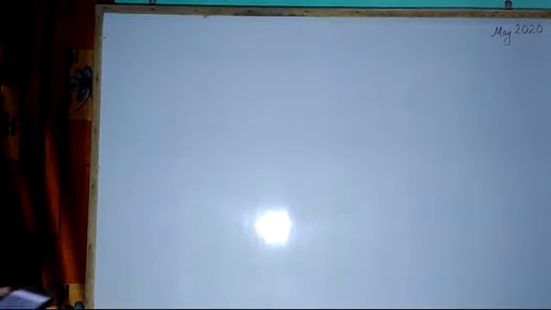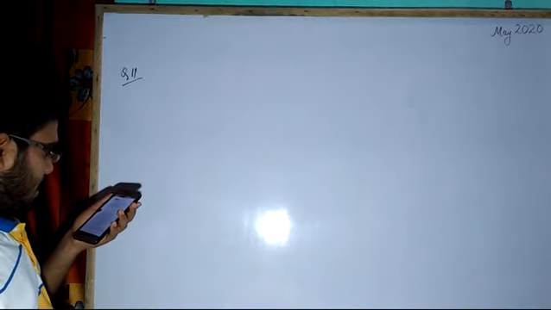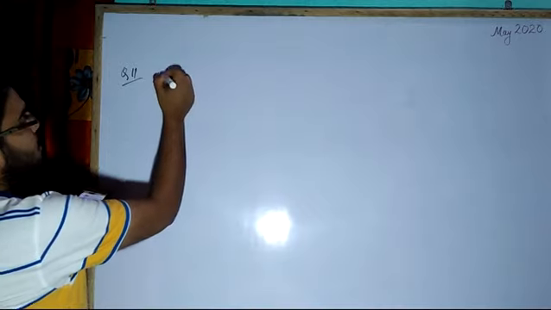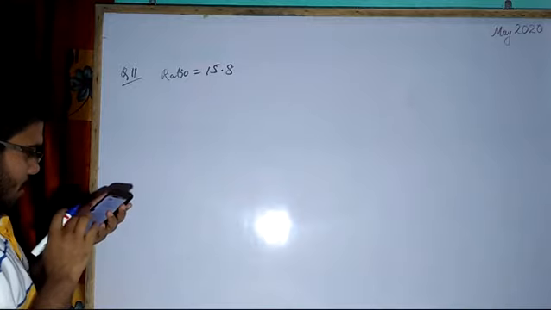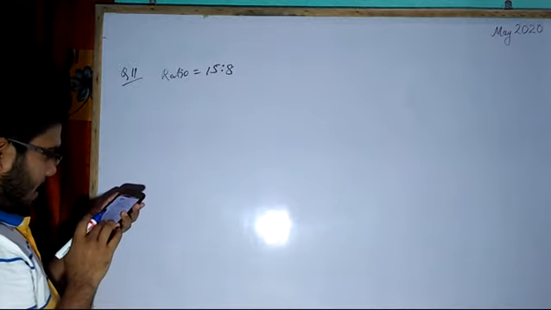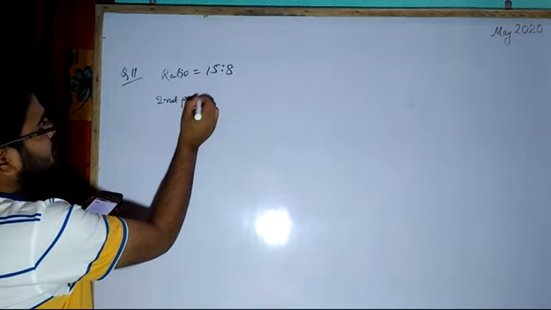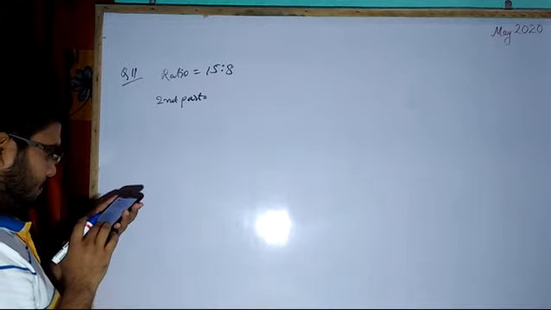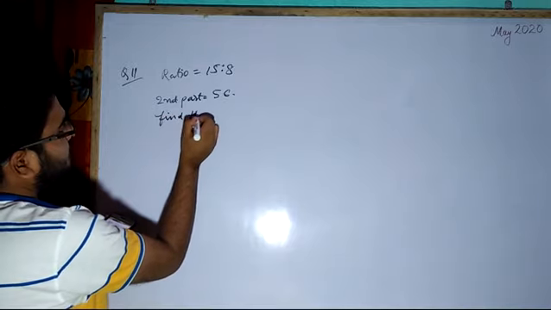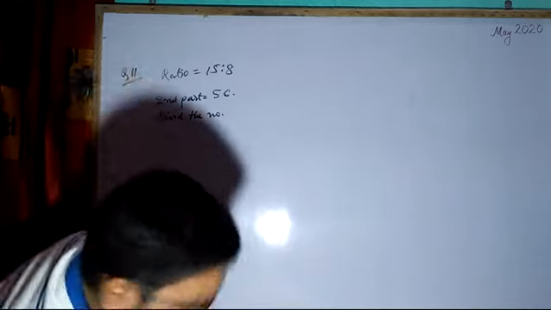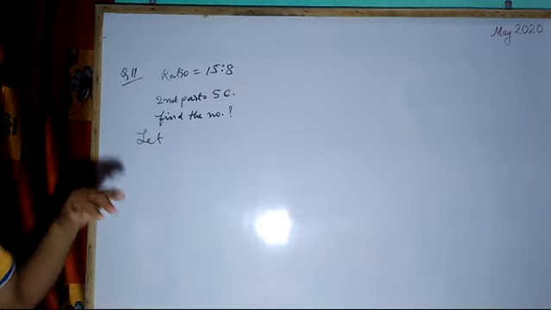Now question number 11 says that we have a number divided in a ratio 15:8. Ratio is given 15:8, and the second part is equal to 56. Find the number. This is what we have to find. We don't know. So let us assume the same formula, A by A plus B into quantity.